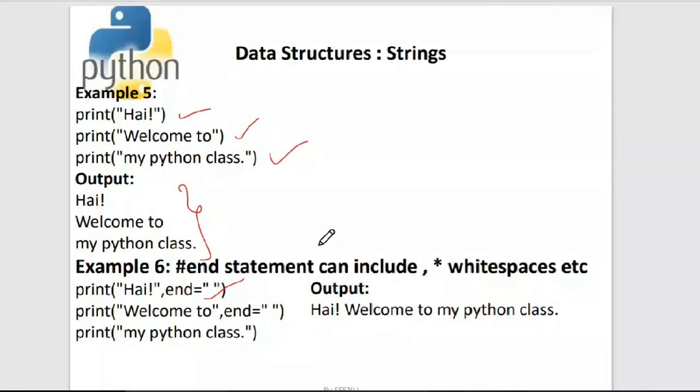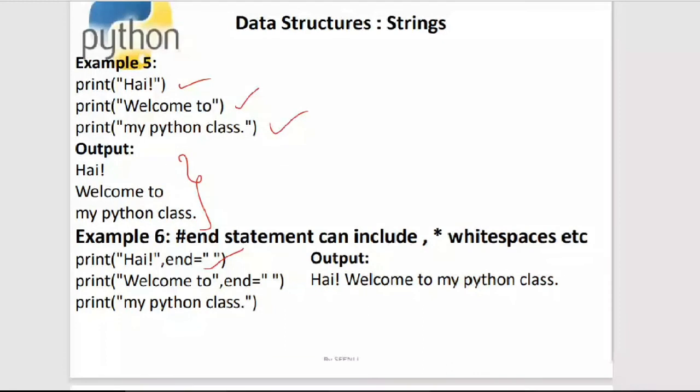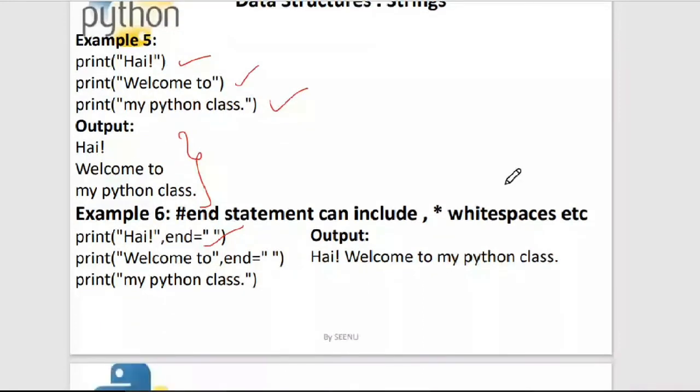So this will act like a separation. So hi, then there will be a space and the next print will be printed, and then there is a space after it, and then the next print statement will be executed. And you can observe that everything is on a single line. So you can use this end parameter to format your print statements.